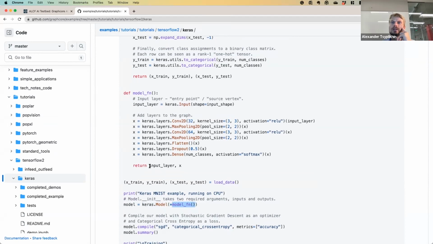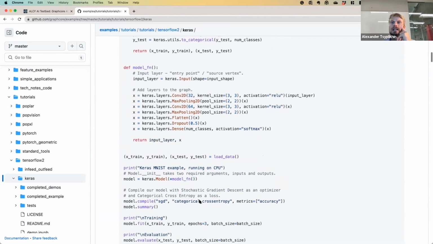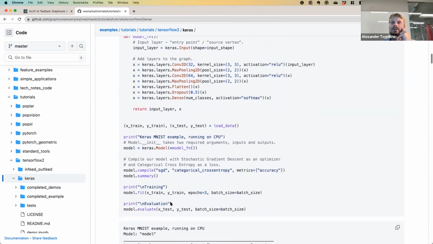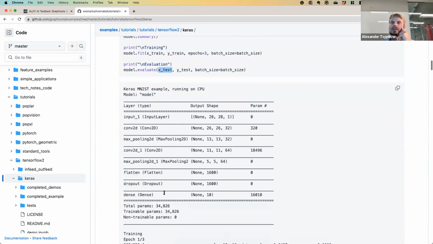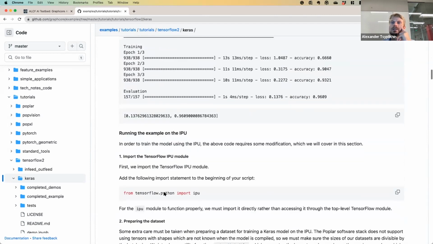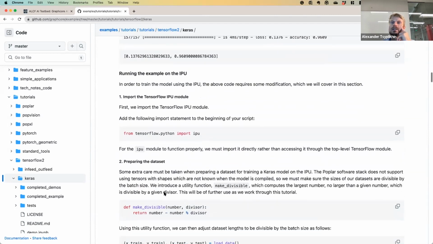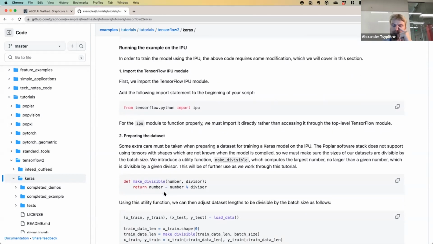And we run the compilation here and fit the model, which is the main training loop, and then we run evaluation on the model. I will skip the summary and then highlight the steps to port this example to the IPU,